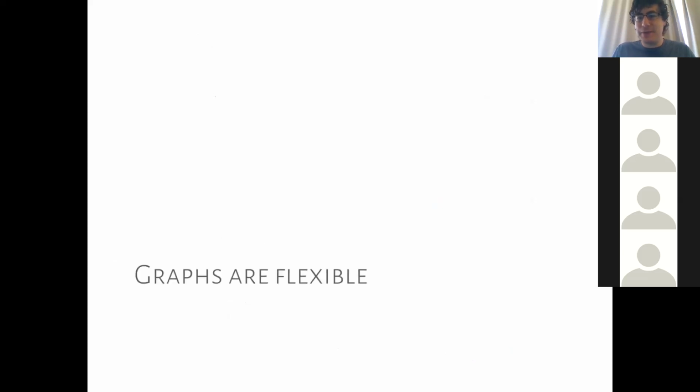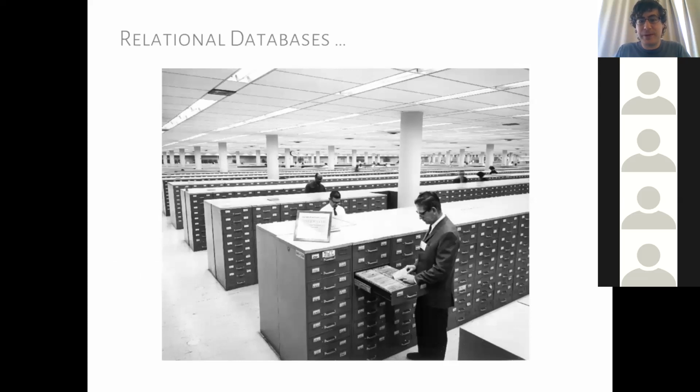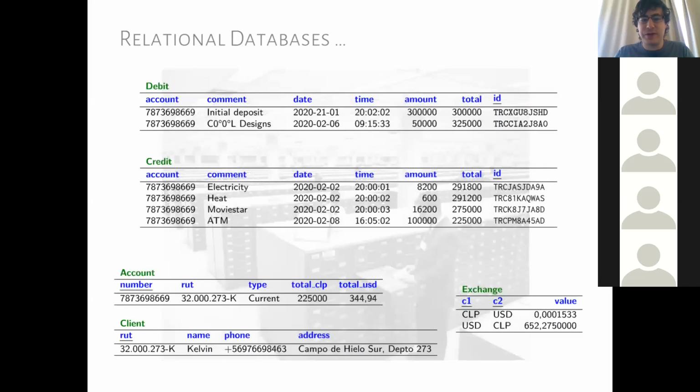You might have seen these slides before. I actually teach them in both my other courses, but it's an important note to get across that graphs are flexible. So when we talk about relational databases, often we have different constraints. We have primary key constraints. We have to define a relational schema, and that defines precisely what sorts of data we can add at any given point in time. So somehow they're very well organized, but also quite rigid, quite structured and quite restricted. Okay,